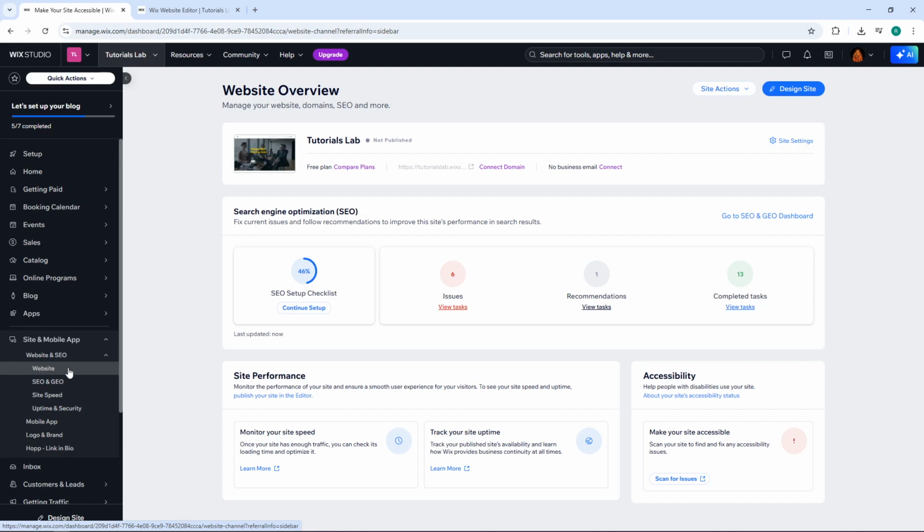From here, you can preview the website settings you have. Take a moment to make sure that this is the website you wish to change the background on. If you manage multiple sites, it's always a good idea to double-check that you're working on the right one before